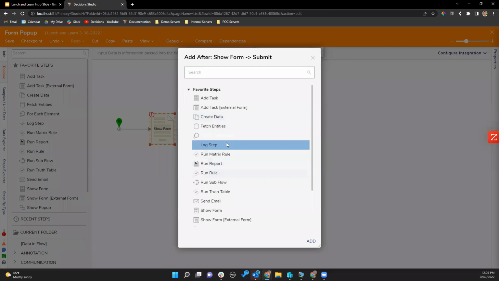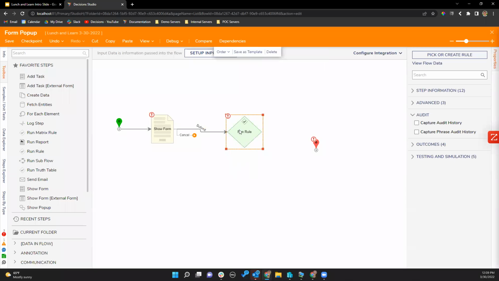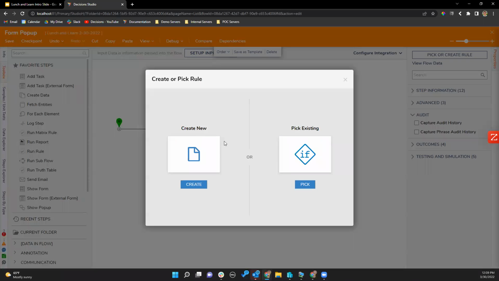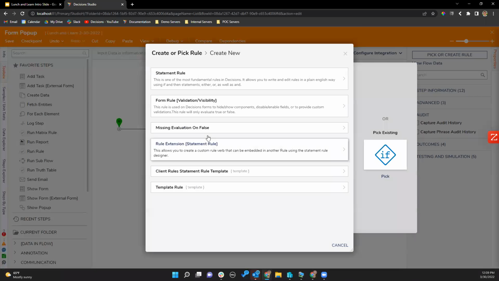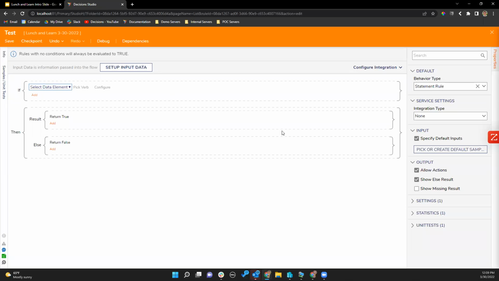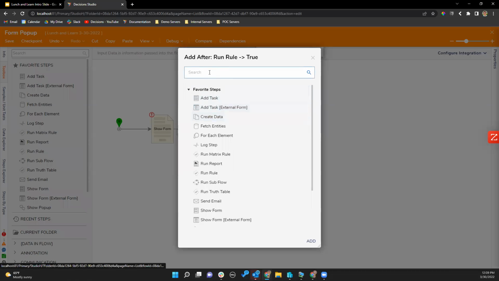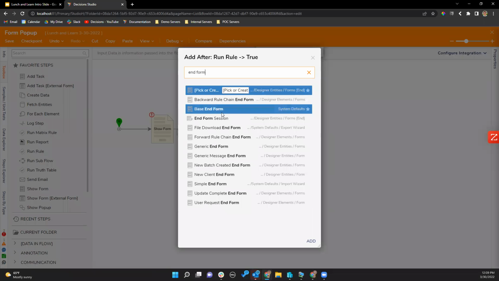So if I want to, I'm just going to do a simple run rule step, just have a step in between this. We'll call this... So simply create a simple rule right here. And then on this, we actually have an inform step. So what an inform